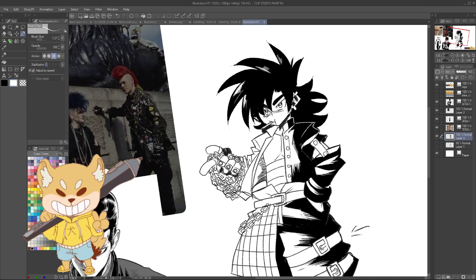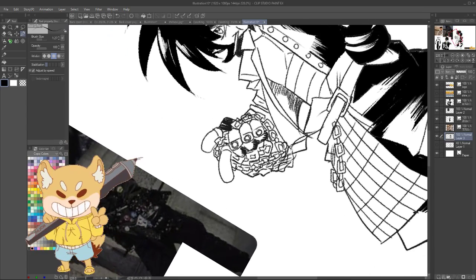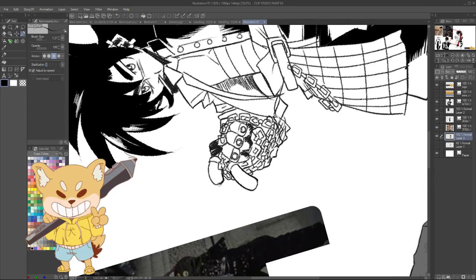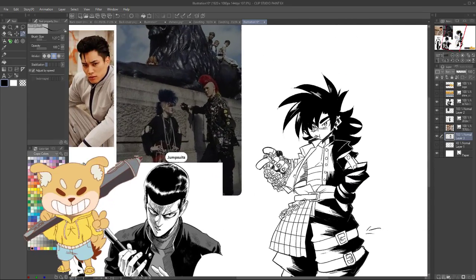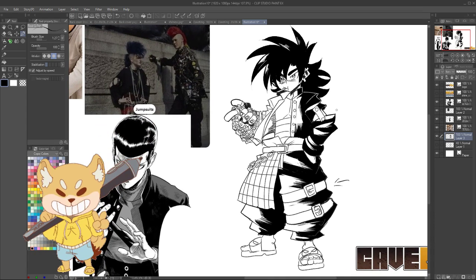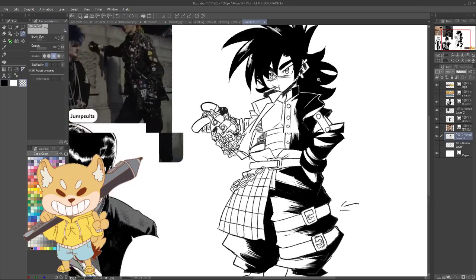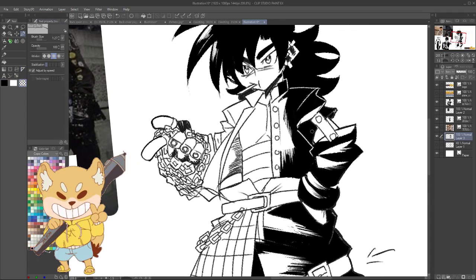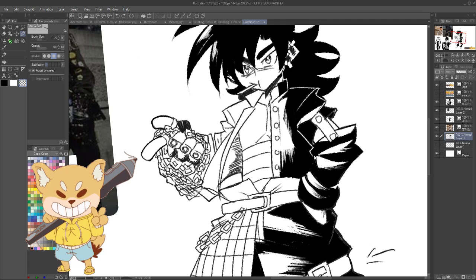What advice do you have for people who say they are struggling to find their art style? Damn, that's a good one. Okay, so in this regard, I would say this is actually a double negative. On one hand, I'd say study your favorite artist, and on another hand, I'd say don't. But in this situation, if you're struggling to find your artistic voice,